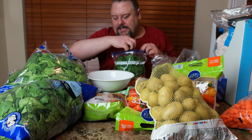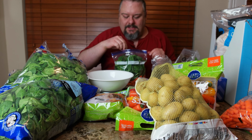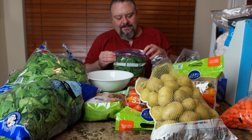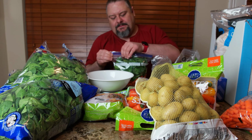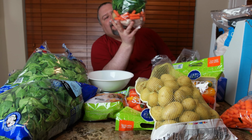There we go. A lot of spinach. And spinach cooks down to almost nothing. You don't even see an individual leaf after it's all mashed up. So there we go. That's a day's meal,